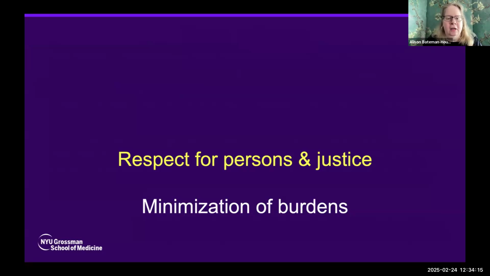If the data is there and multiple sponsors of research protocols want it, it would be so much less onerous for the patient to be able to have them all share that one value than having them do it over and over and over again. Not to mention, when you're doing it over and over again, if each sponsor is doing it by their own standards, you're going to end up, just for one person, having different data, which is just going to further complicate things. And I put justice into here because it's a burden to participate in a clinical trial.